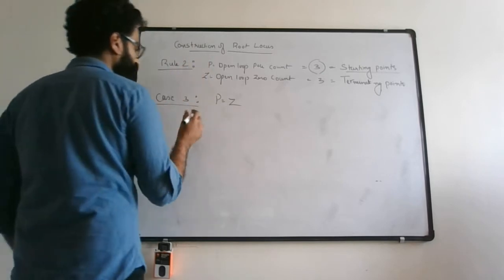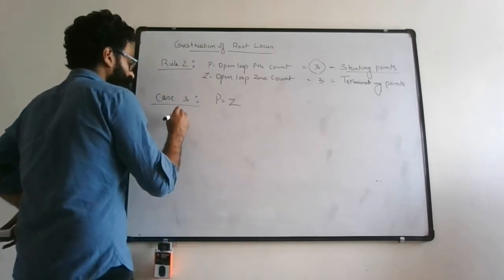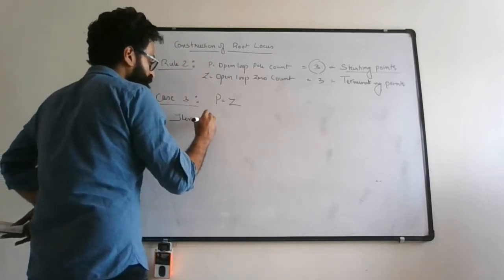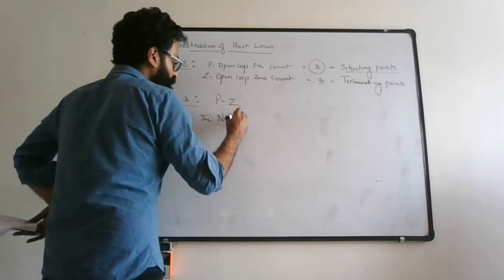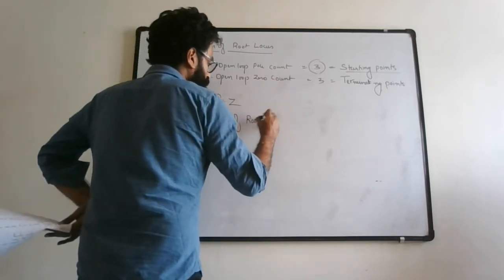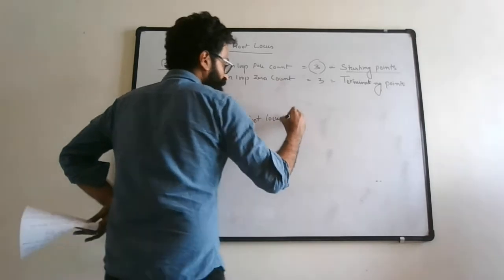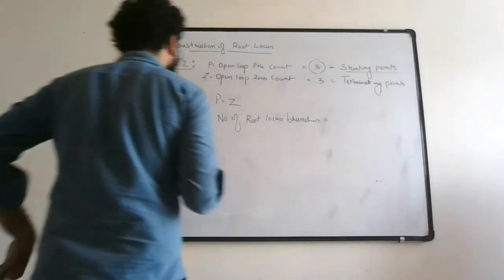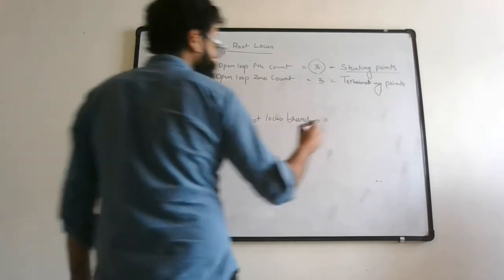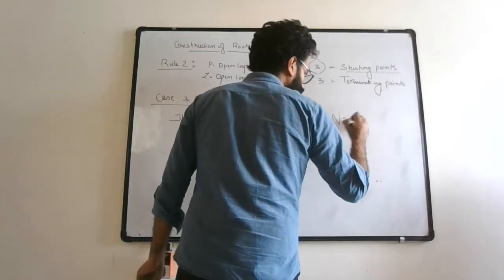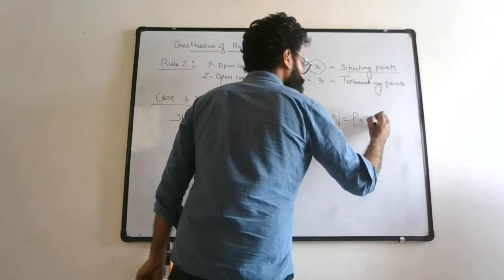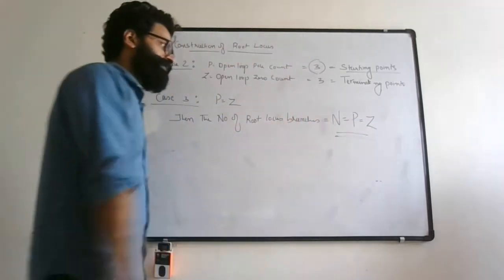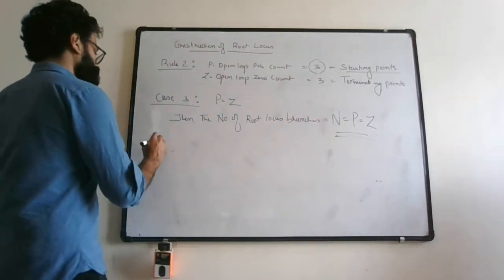P is equal to Z. If P is equal to Z, then the number of root locus branches n is equal to p is equal to z. The same count, doesn't matter. Okay. Now,